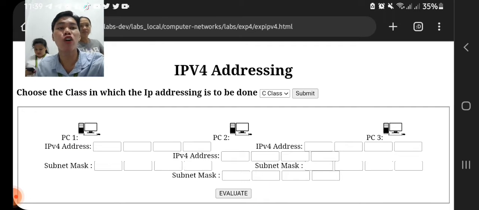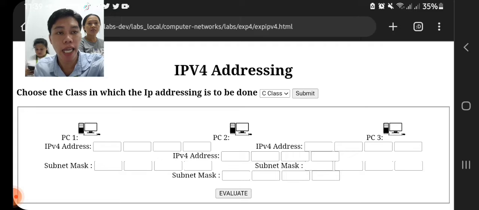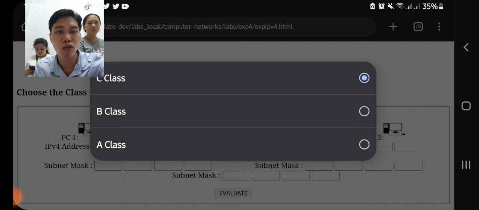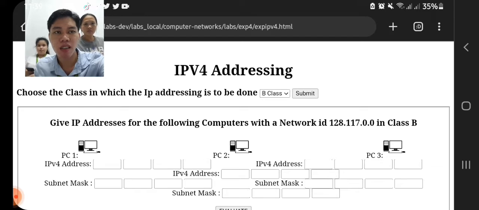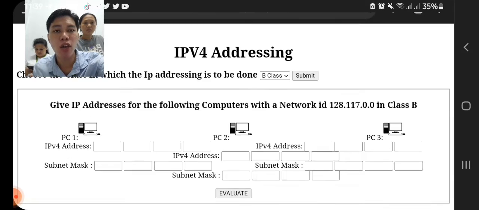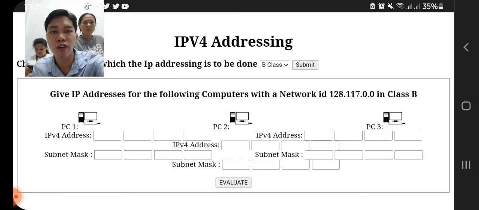Okay, shall we move on to Class B? Class B na po ang ato i-demonstrate kung saan pagkuha ng IP addressing. So, ang murag gihapon atong tagkuan, i-click nato diri ang class B na kita, Class B, then submit. So, ang given IP address is 128.117.0.0. So, amoy ato ibutang diri sa IP address sa first box is